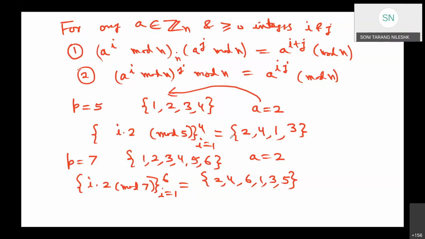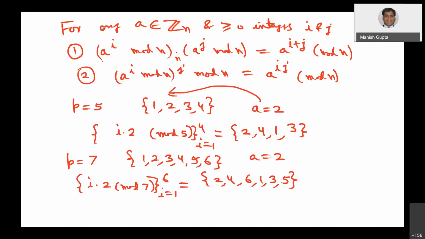Yes, correct. So whatever you observed in this example, I can write it down as a lemma. The lemma is very simple here. Sir, in that permutation, we receive the equivalence class of 2, right? Yes, actually it is. So in a way it is permuting: whatever numbers we have taken, with respect to the modulo operation, we are just getting a permutation of the numbers. Correct.